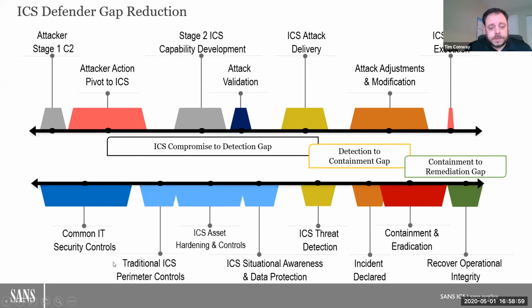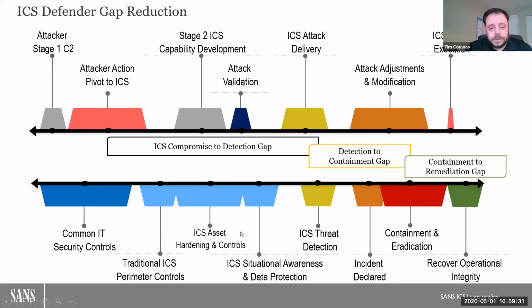Additionally, traditional ICS perimeter controls, again, targeted attack, and given the amount of time some adversaries spend within an environment, being able to find a trusted communication path or find a way in is truly a matter of time as they continue to map some of those perimeter controls. And in many cases, those perimeter controls are routers with ACLs, which with current tools and capabilities of some adversary nation states and threat actor groups, it is definitely a path in.